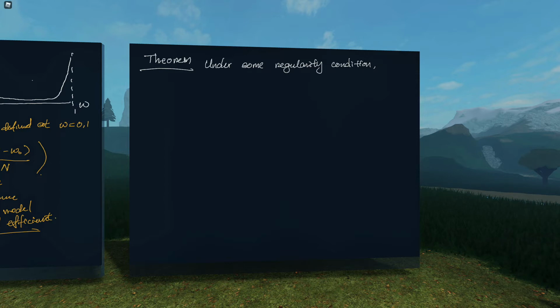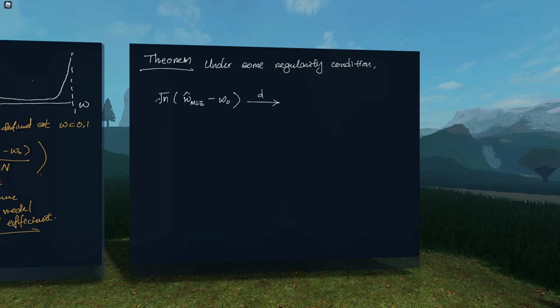For example, the likelihood function should at least be differentiable. Under some regularity conditions, we have the following convergence. This is for any model, not the coin toss model anymore. This is just any maximum likelihood estimate for some model of some truth, where we also assume realizability, meaning the true distribution, the generating process, is actually part of the model family. Under those conditions,